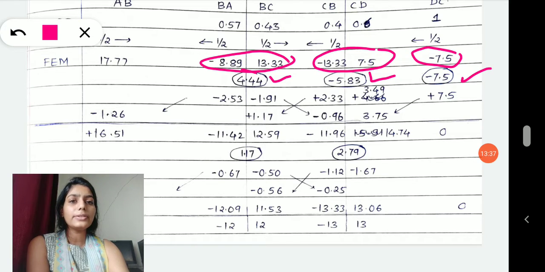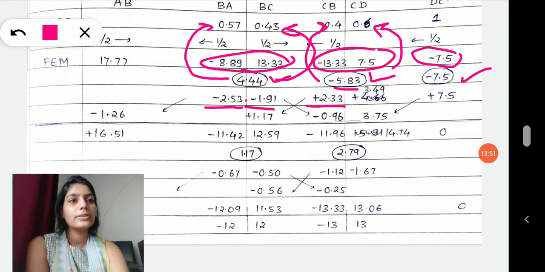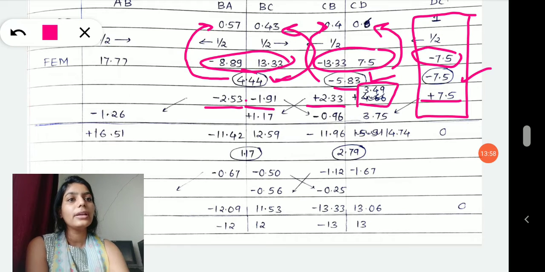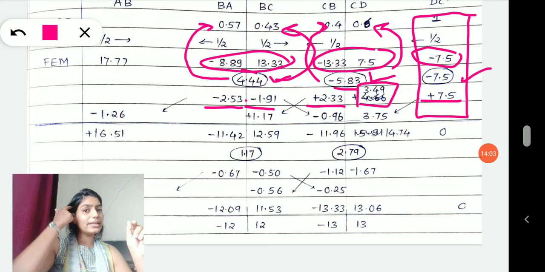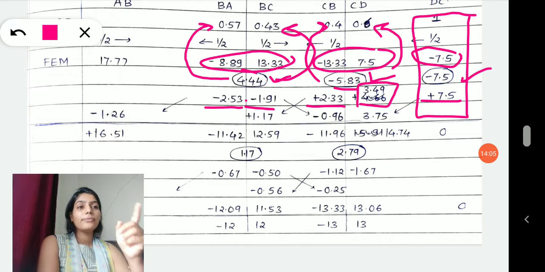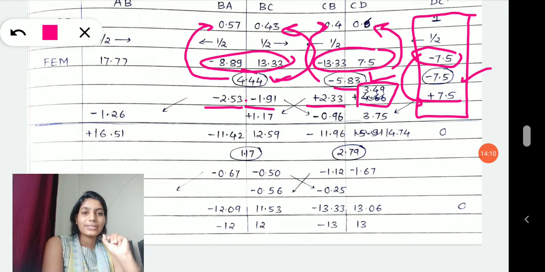Okay. So once you have added these values and put them into the circle with the signs, the next task is to multiply this with the distribution factor and change the sign. So this is the step. And yes, this is where you have to pay attention. Once you multiply this minus 75 with 1, the intensity remains the same. But while writing it below, your sign changes, it becomes positive, right?